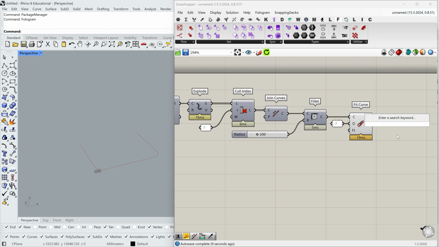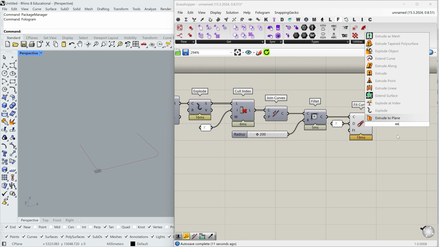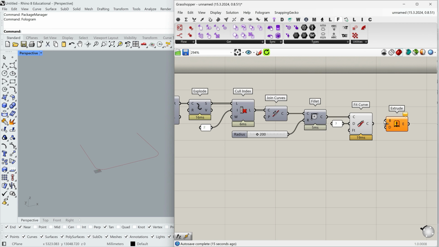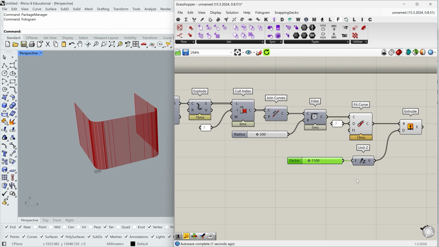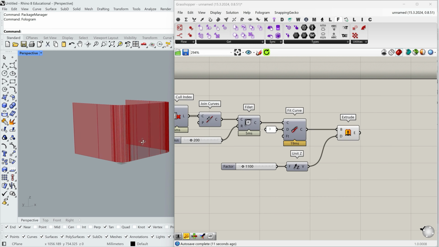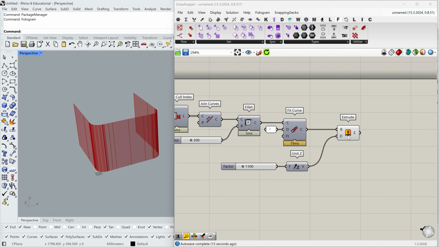And after fit curve, I can extrude the base curve to the certain height in that direction. Let's say 1.1 meter. Should be fine. Great. The base is ready.